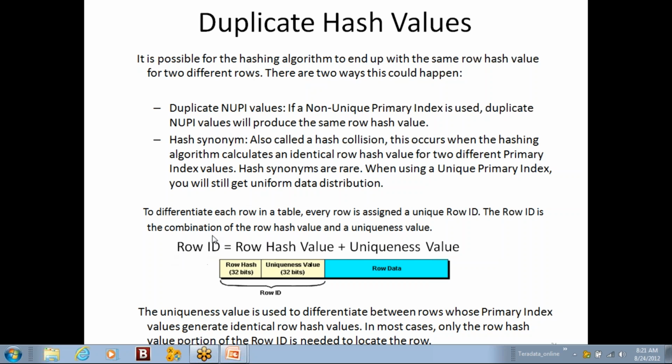This 64-bit row ID is actually stored along with the row data in each AMP. Along with the actual row data, the 64-bit row ID, which is the combination of the row hash value and the uniqueness value, is also stored in each AMP.